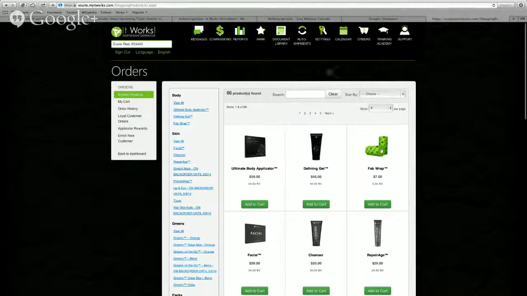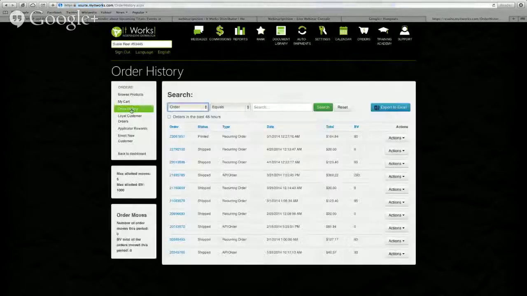So you can place an order for the amount of product that you need, and then after you have done so, you go to order history, and you are going to click on actions. You see that one has no tracking available. What's going to happen is, everything happens within 24 hours. If it's within 24 hours, you'll be able to click on the actions to the right, and when you click